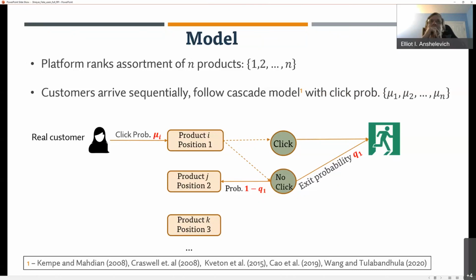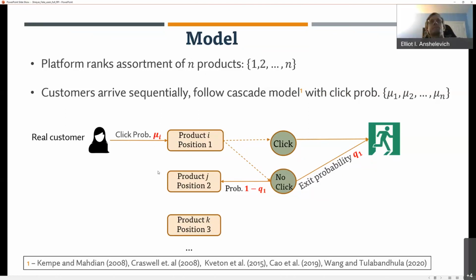Okay, yes and yes. So, good question. This is a question I get a lot on the business school side of things, because this model is kind of taboo for people in the operations field. So I have a good answer for this. Two things. First, the click probability does depend on the product. So it's mu sub i for product i.